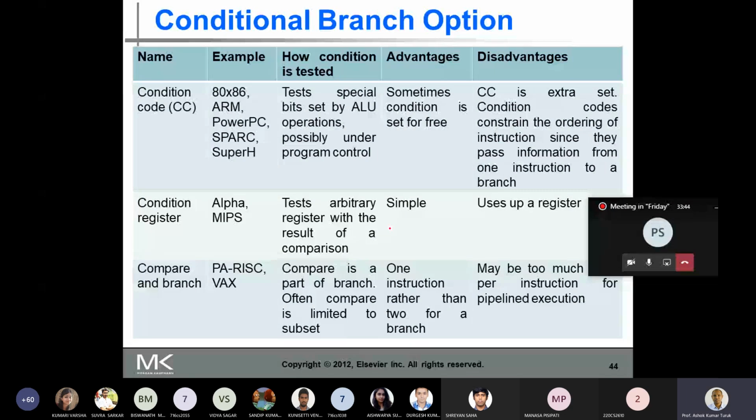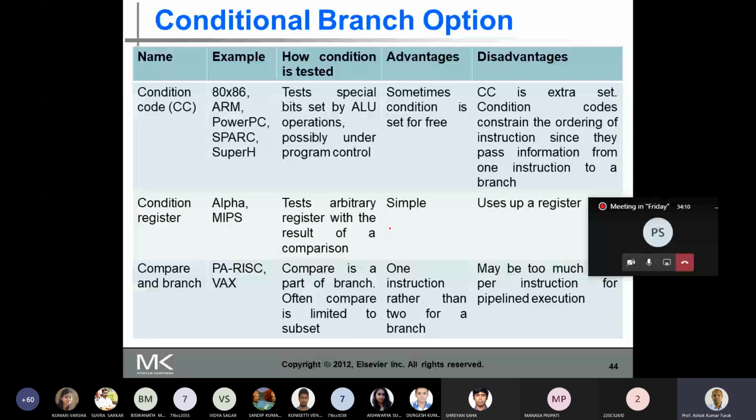You can say jump on 0, or jump on non-zero, depending on whether the flag is set or not. So it tests the special bit set by the ALU operation, possibly under program control. Meaning you execute an instruction, the result of the instruction affects the bits, and you test the bit to perform the operation. It has certain advantages and disadvantages. Let me not go into the advantages and disadvantages now; we'll do that some other time.